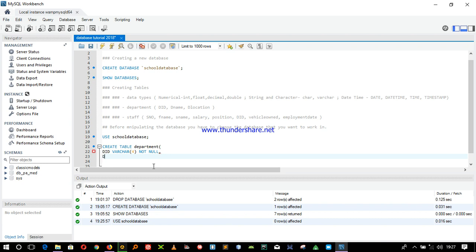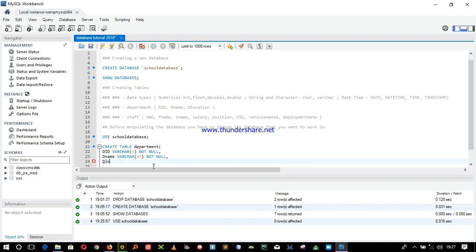The next column is the dname. Since these department names contain characters, we can say a department name can have up to a maximum of 45 characters, right? And we don't want this one to be empty either, so it's a not null.